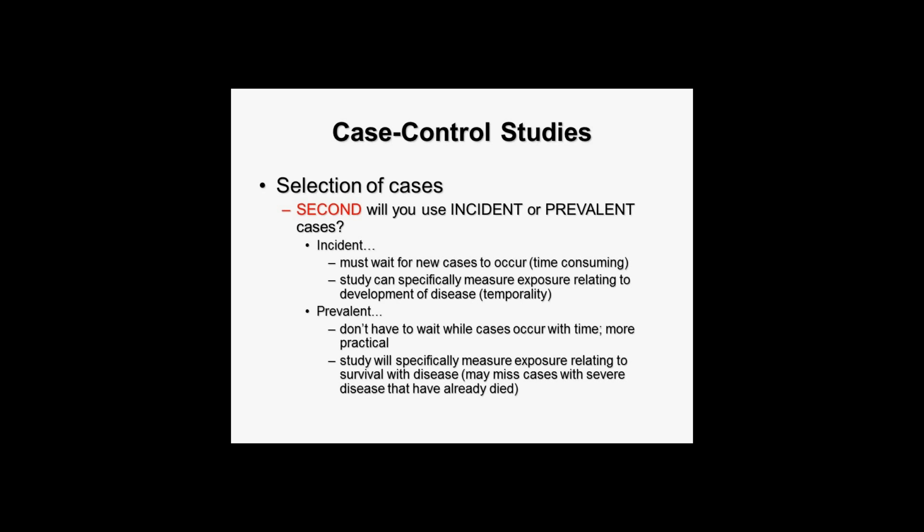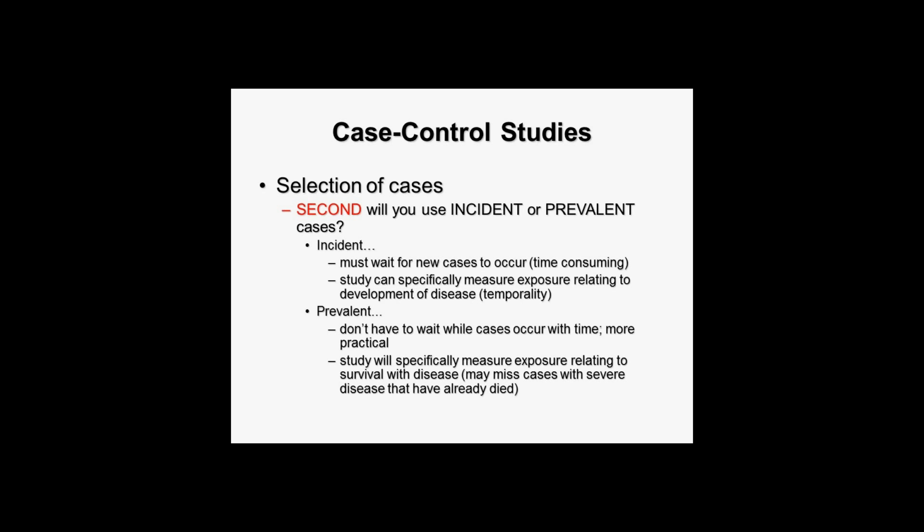Now, after we have our cases, we must then go in and select the controls right there. Excuse me, the incident or prevalent cases. And so when we think about the two types of cases that can occur in a case control study, more often than not, we use what are called prevalent cases. In other words, it's already happened right there. We don't have to wait for it. We go into our population. We find that's the disease of interest. Now, there's a special case in which you can use incident cases in the case control study,